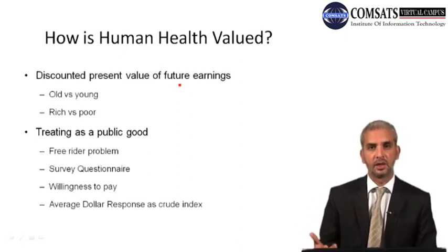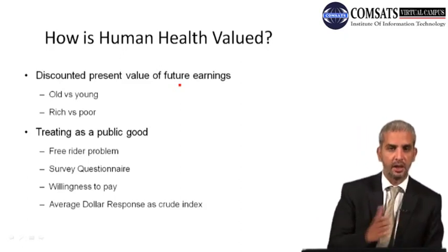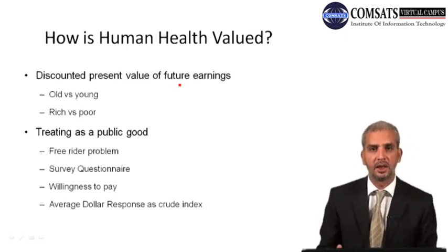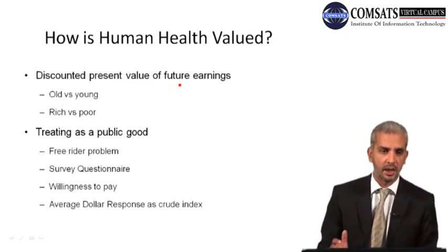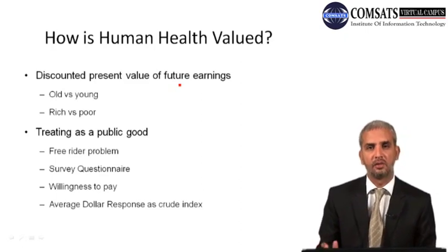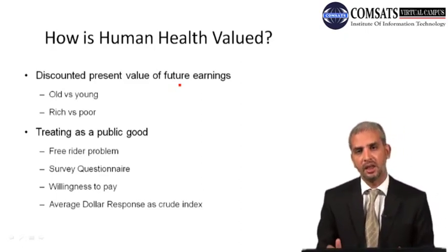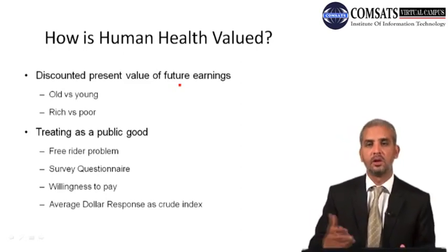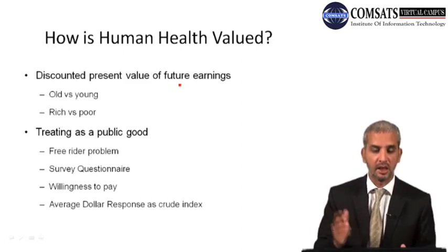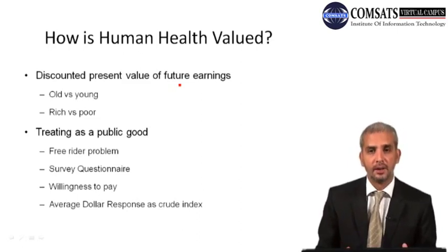And in a case where, for example, I'm older than you, my future earnings are for maybe the next 20 years, and then I would retire, and you are young and have the potential to earn for maybe the next 40 years. So when you discount those earnings, would that mean that a young person's value of life is much higher than an old man's value of life? How do you assign a value of life to those two individuals, rich and poor, or old versus young? It is a huge debate.